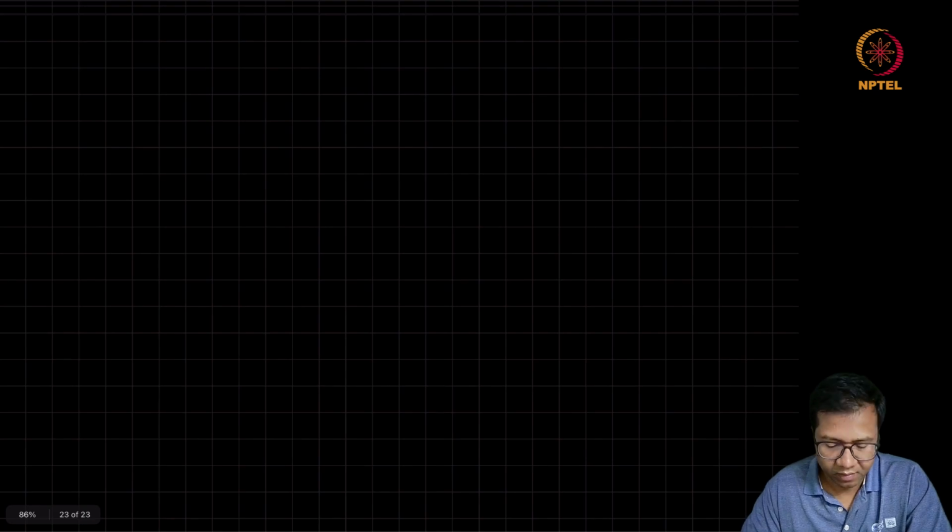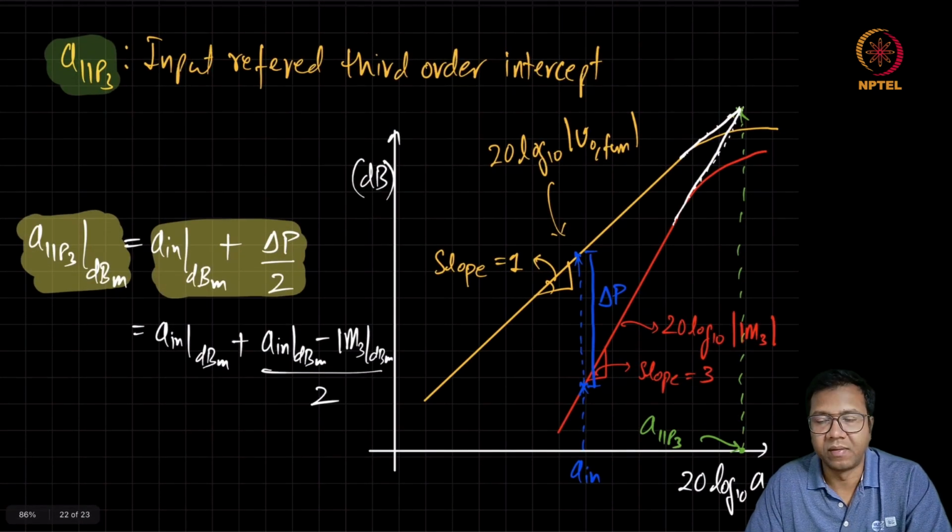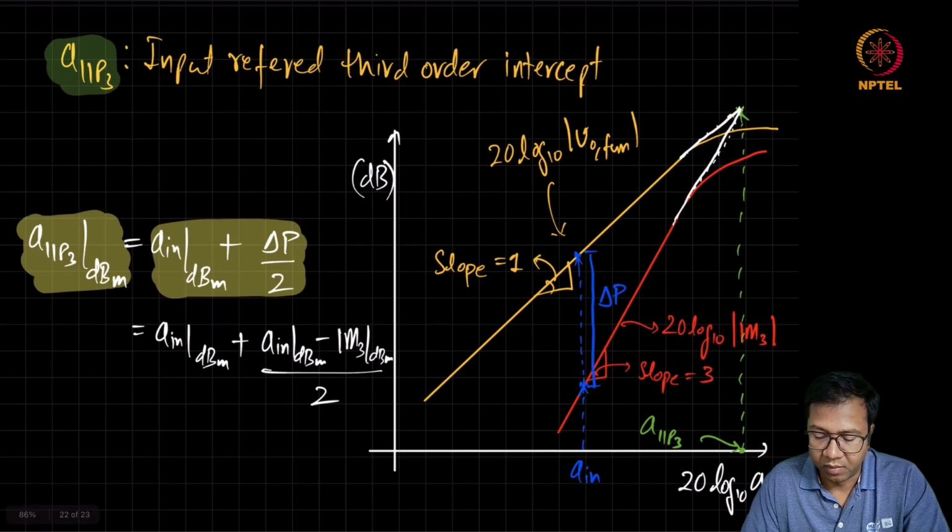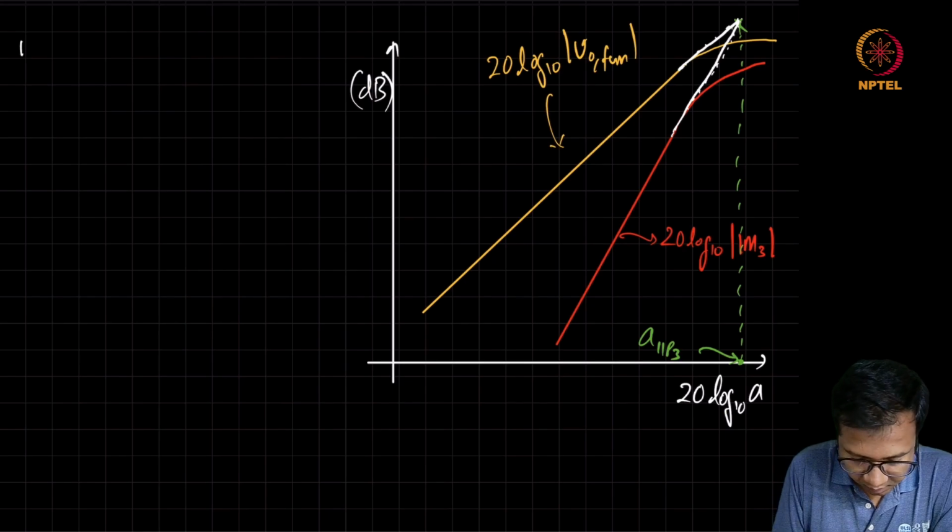So we started this nonlinearity discussion by saying that on the higher side, the amount of input signal which can be received is going to be determined by the nonlinearity of the system. Now we have found multiple ways to characterize the nonlinearity of the system. Now let us find out what is the range of signal which a system or a signal chain can process satisfactorily. So we are interested in